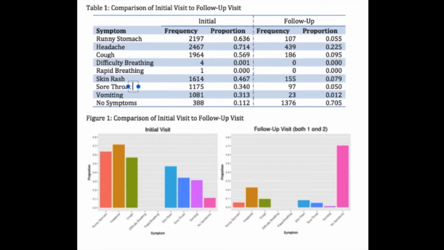So when we first went in, some of their initial data that came back in, we had about 3,000 households. And as you can see, in the initial survey, there were 2,197 households out of that group that had reported cases of runny stomach. After just 2 weeks, that number of frequency was all the way down to 107, which is about a 95% reduction, which is really, like if you were to ask most people, they would say that was unheard of,